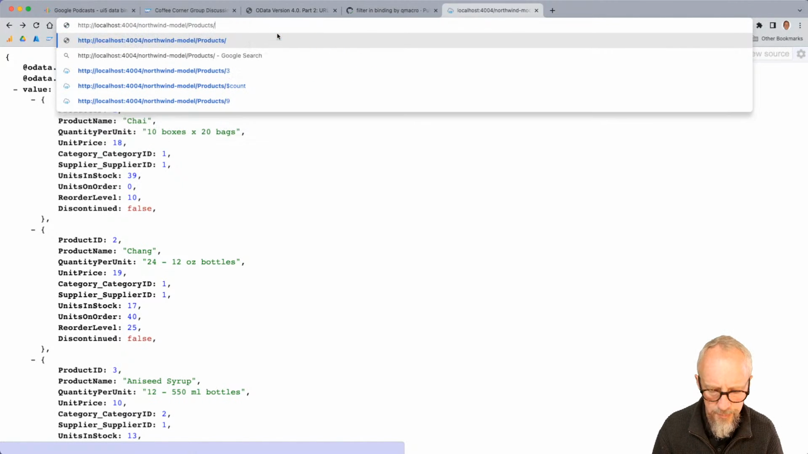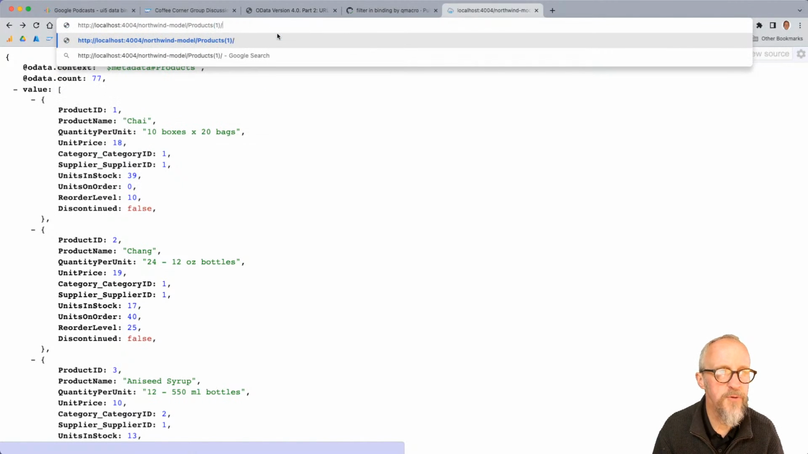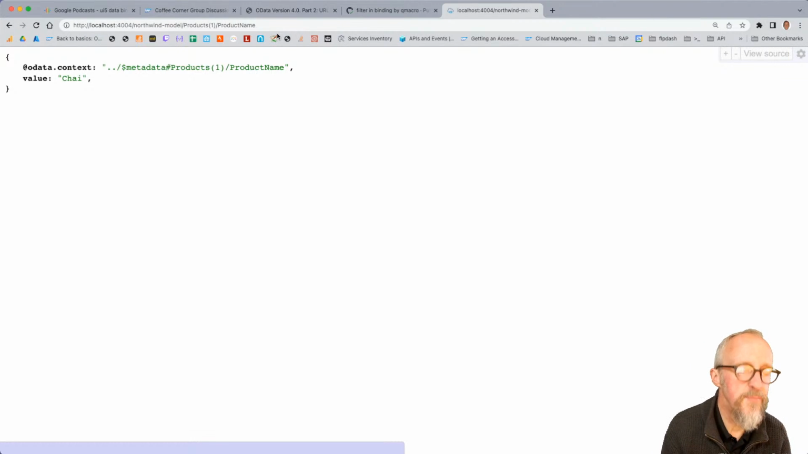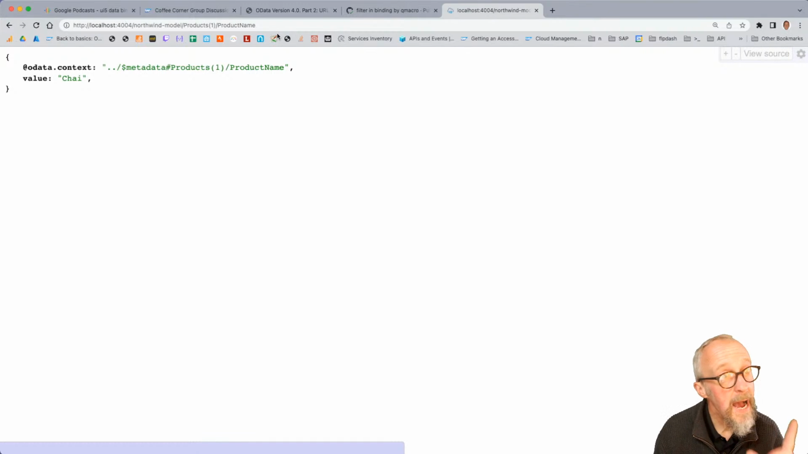Products, let's choose Products(1). Let's do the old-fashioned one. Products(1), I don't know, ProductName. Okay, so we get Chai. The name of the first product is Chai, right? The name of the product with the ID of 1 is Chai. However,